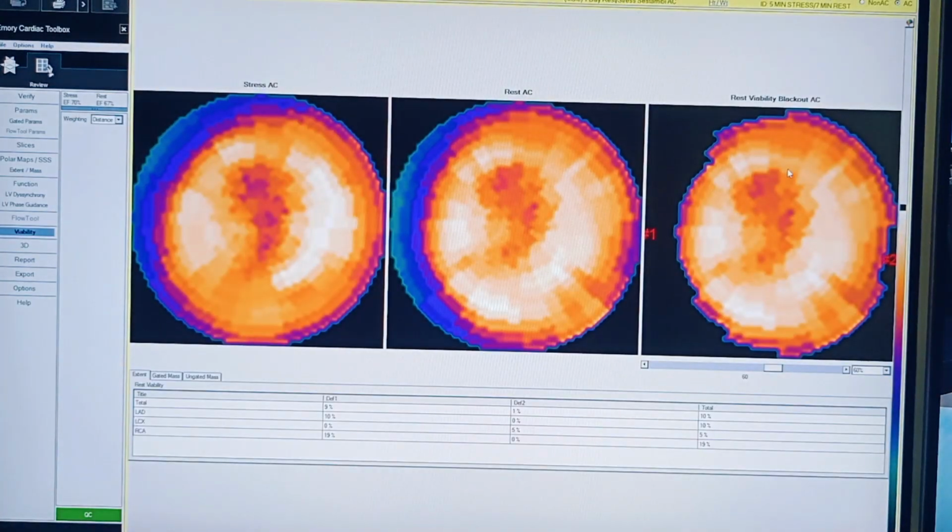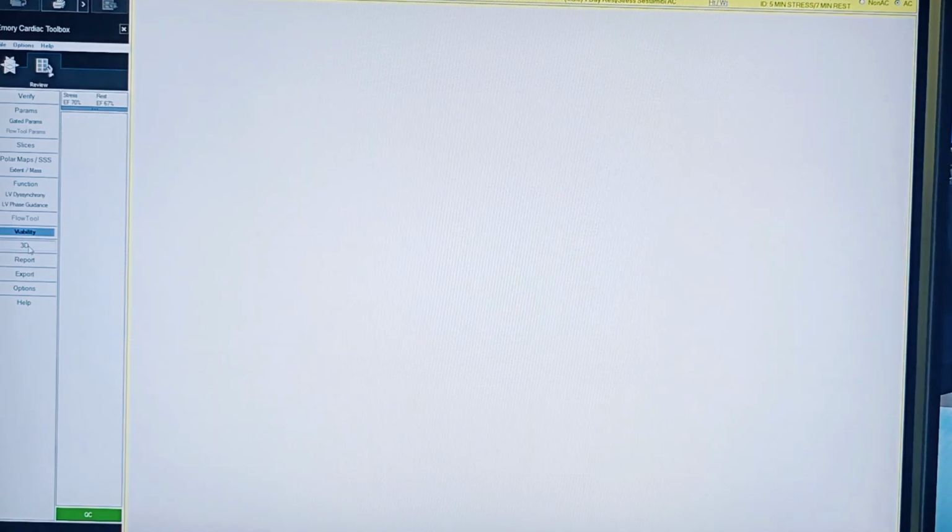देन वाइबिलिटी, अगर आप FDG स्कैन भी करेंगे ना तो just select the proper normal database, you can see the viability and it will calculate how much myocardium is viable with FDG scan also. Then 3D images,